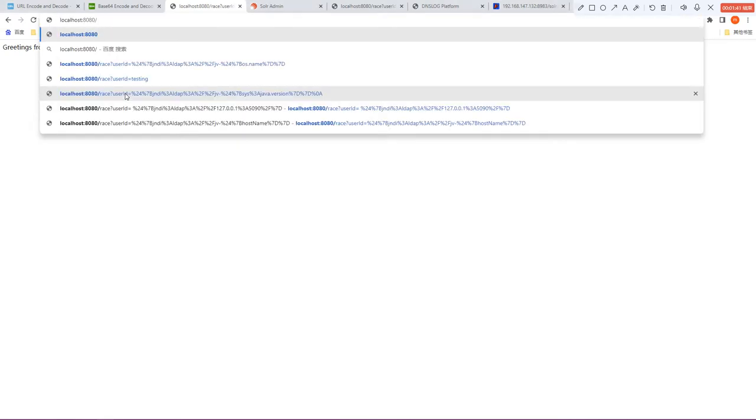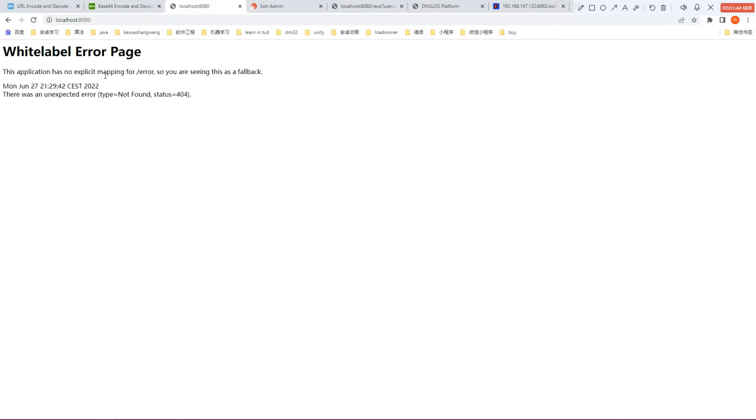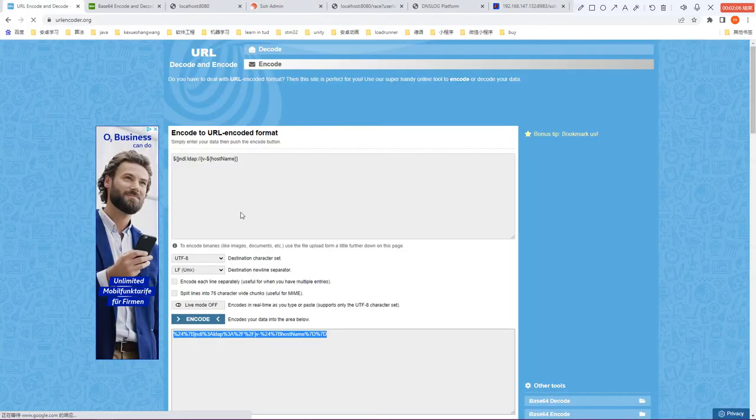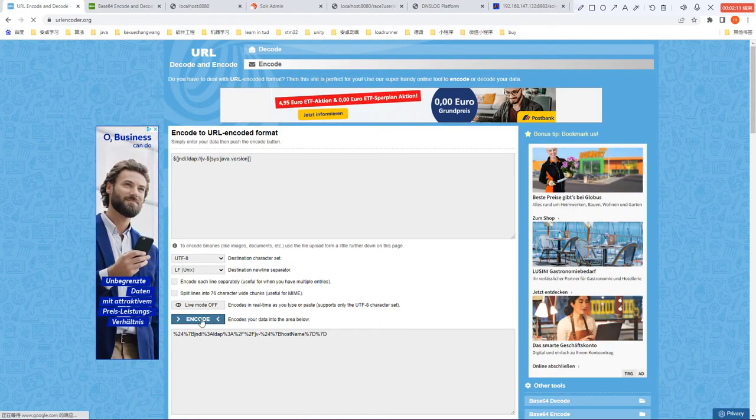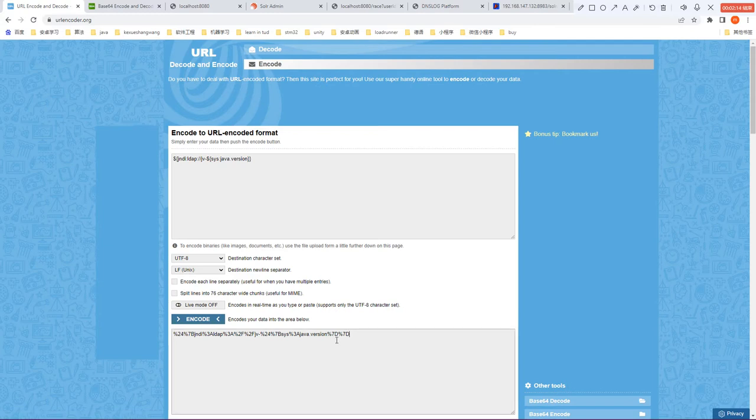localhost 8080, and it will respond with a Whitelabel Error Page, and then we will test it with the JNDI interface. We choose this command to show the Java version of the server, and we should encode this string first. And here we get the result, and input the URL here